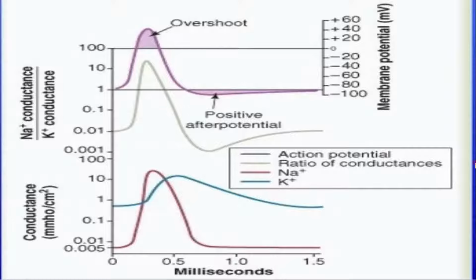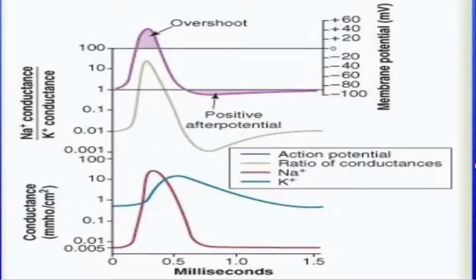There are 3 stages of sodium channel. One is the open stage, followed by the inactivation stage, followed by the closed stage. Until the channel is closed, however much you increase the strength of current, you cannot open the channels. And for generation of an action potential, you require a critical number of sodium channels to open. So there will be no generation of action potential in this case, if you apply the current in this phase, that is the absolute refractory period.